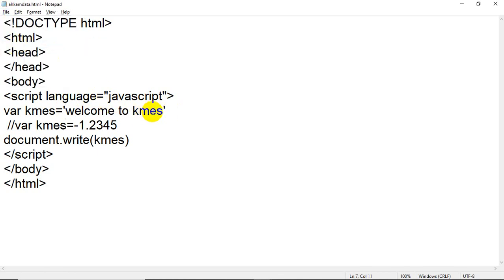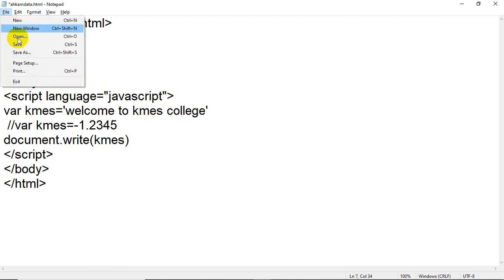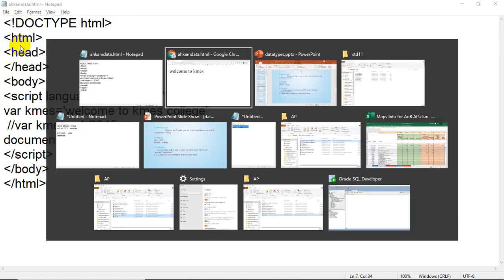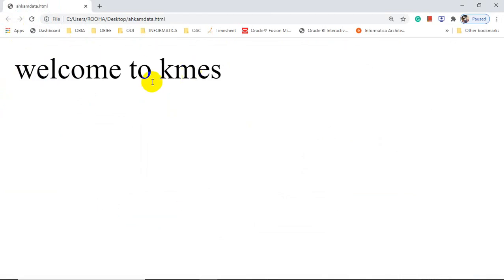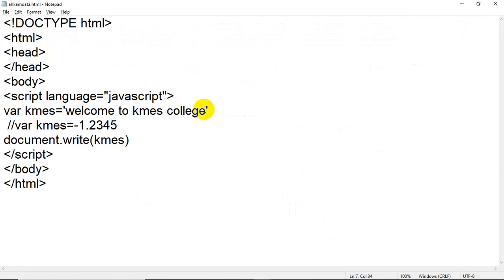Let me change it a little bit in KMS College. Let me save it again. Now flip back to your browser, and you will get welcome to KMS College. Why? Because we have added single inverted comma. Now this value belongs to the string data type.